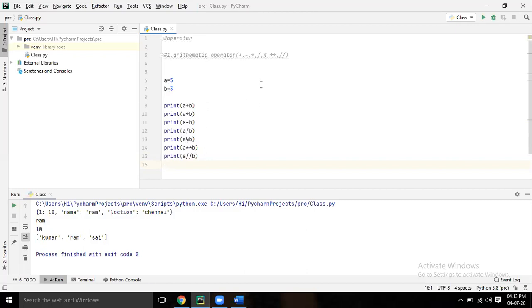So here, now run it. Let's see what it is giving. a plus b, 5 plus 3, it's giving 8.